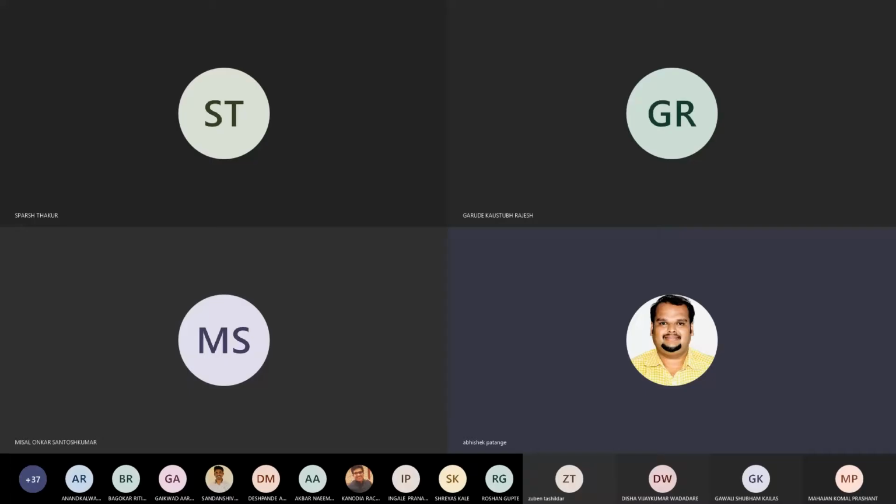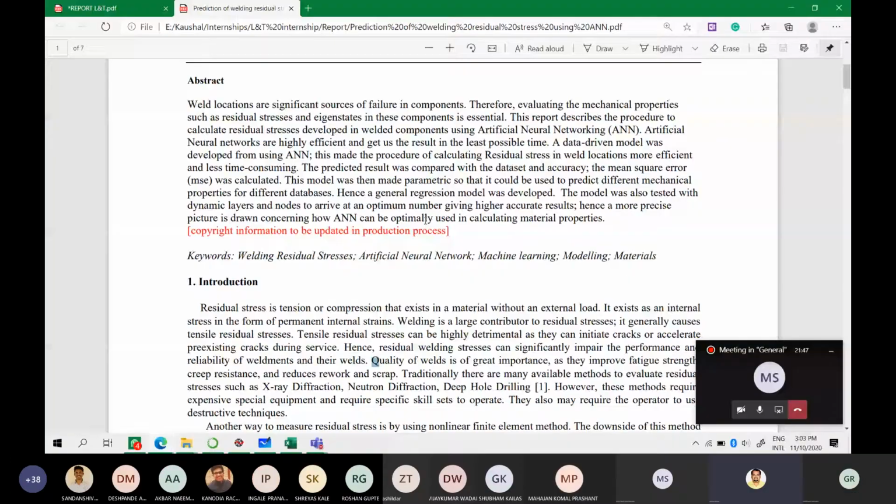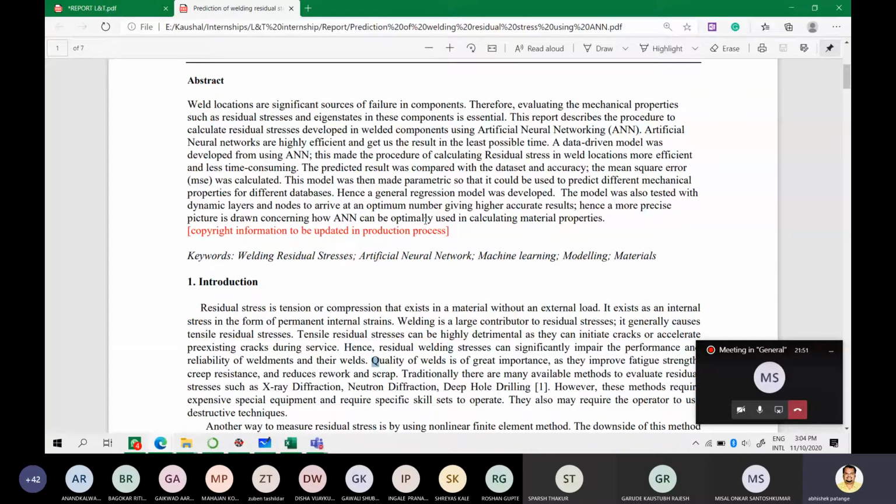Stresses, or residual stresses, are stresses that you can't see. They are inherent in the material after a certain process, like welding or impact loading. So the biggest problem with residual stresses, apart from the fact that you can't calculate them physically, is that there are multiple ways to calculate them. Obviously, one of those methods is using simulation.